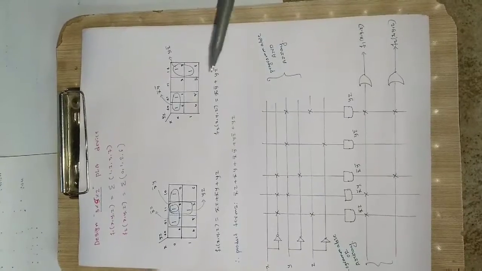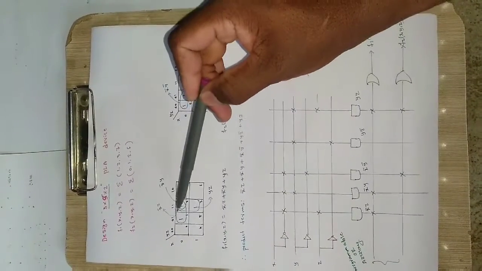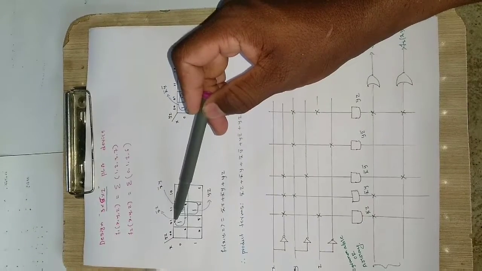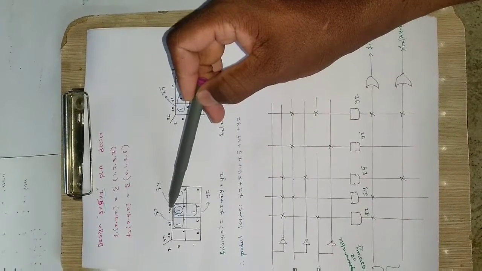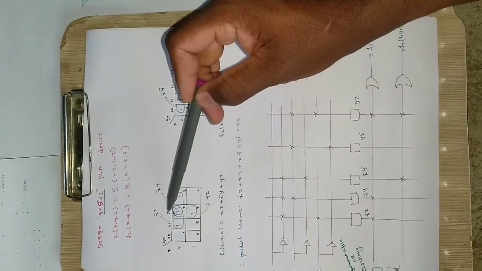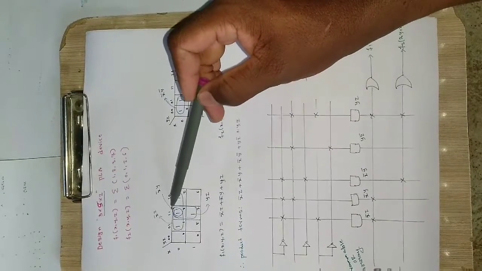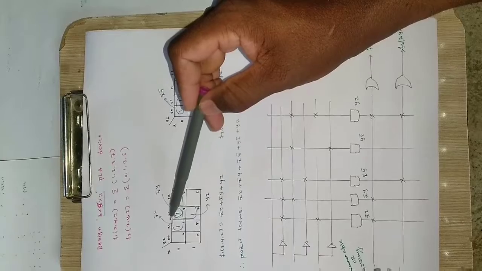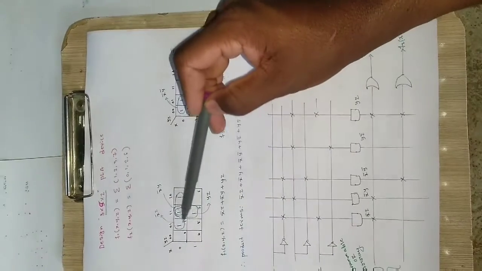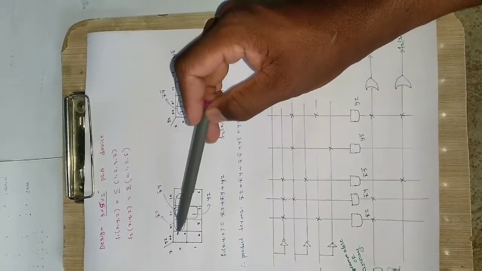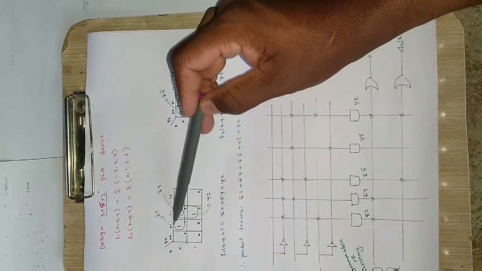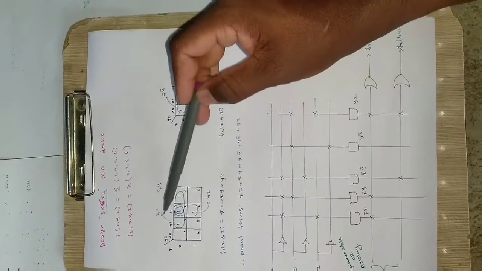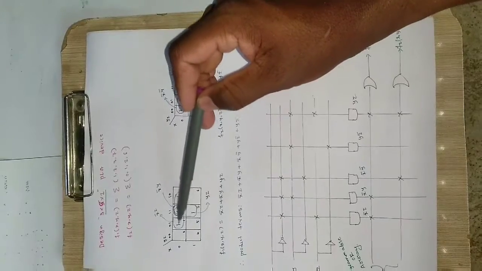Okay, so I will now combine. First I will combine these two. As the y term is 0 here and 1 in the other cell, it is changing, so I have to discard that one. But z is 1 here and again 1 here, so I have to consider that z. x is not changing because it is in the same row. So x bar remains, y is changing so I leave that one, and z remains, so I take x bar z. So x bar into z will be the output for this combination.